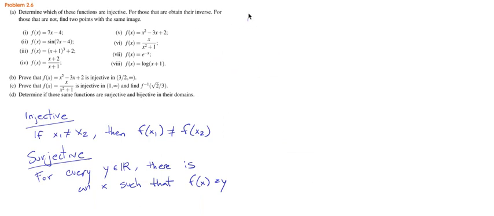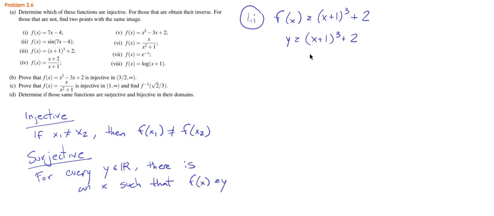Now let's go for 3. So we have f of x is (x plus 1) cubed plus 2, and again, if you write this as a value y, we want to solve for x. So given a y, let's see how many values of x we can find a solution for. We subtract 2, then take the cubic root of both sides, and then subtract 1, so you have